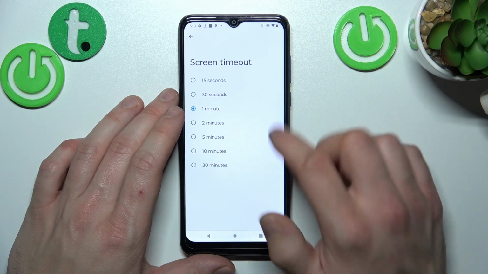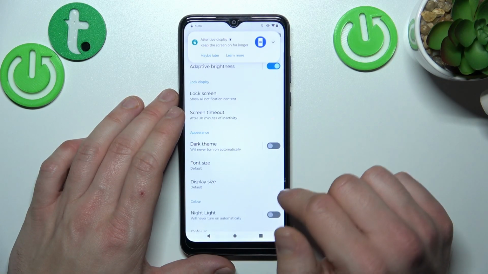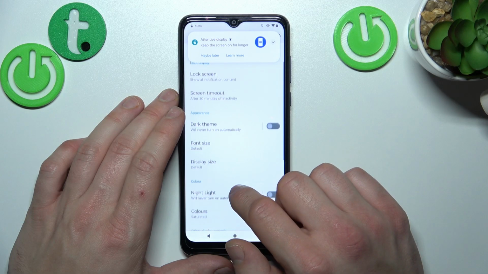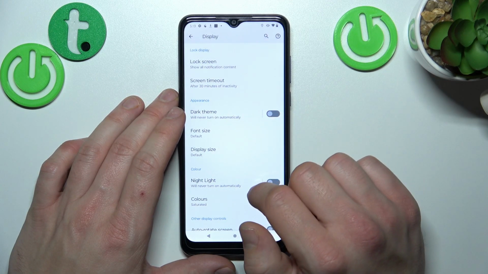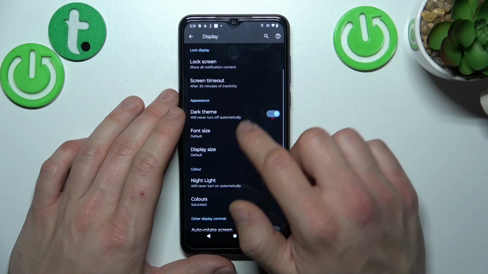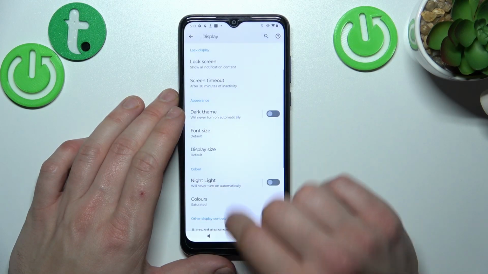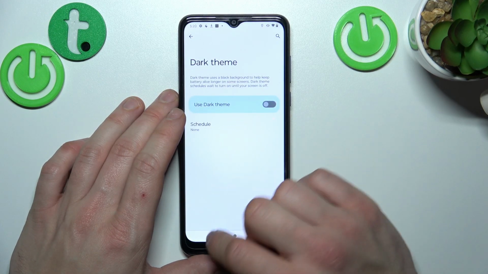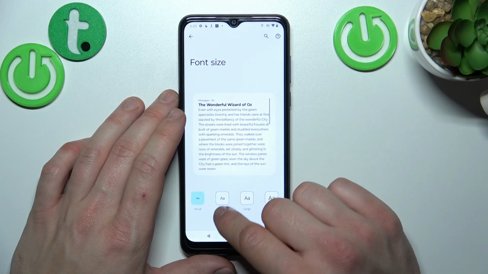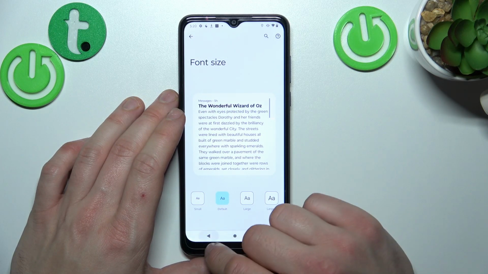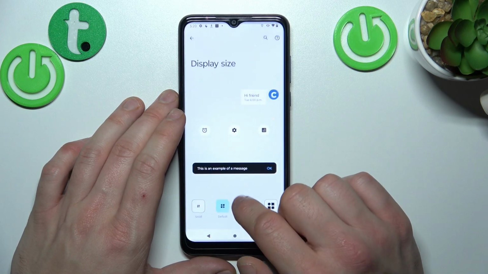Next, you can change screen timeout between 15 seconds and 30 minutes. Then, you can enable or disable dark theme, and also schedule it. Next, you can change font size, display size,